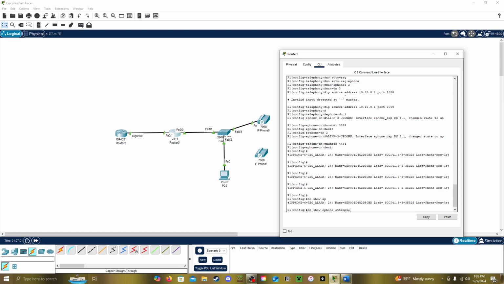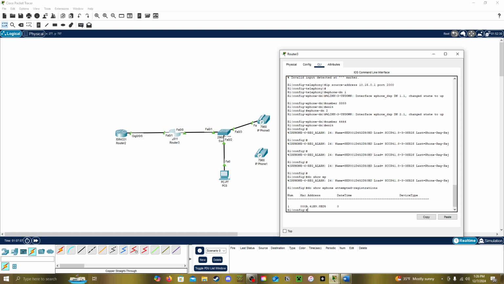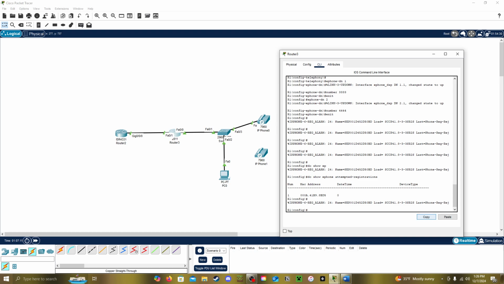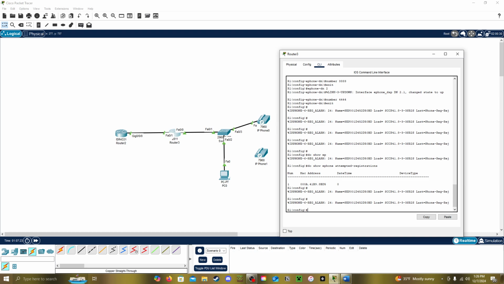Because it's attempting to register, we're going to say, hey, show us the attempted registrations. And as you can see, it gives us a MAC address. What we're going to do with this MAC address is copy it. Sorry, I'm really trying to get this right here. We're going to copy this MAC address. We're going to go into,